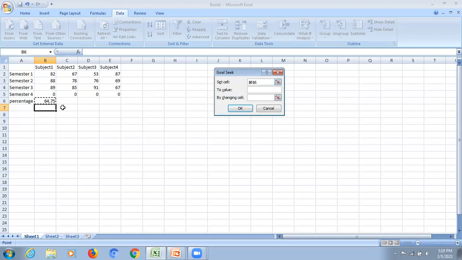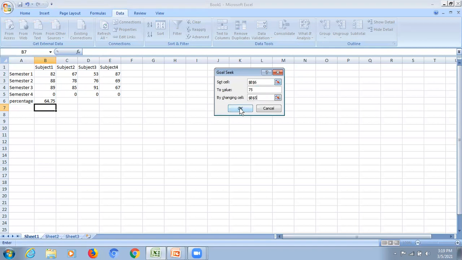It has the average formula, to value 75, as she wants to score 75, by changing cell. What she has to score now is in semester 4, because 1, 2, 3 are already over. So now only semester 4 is left.